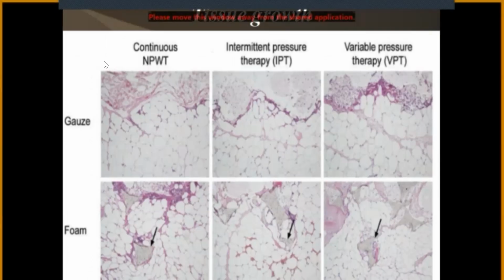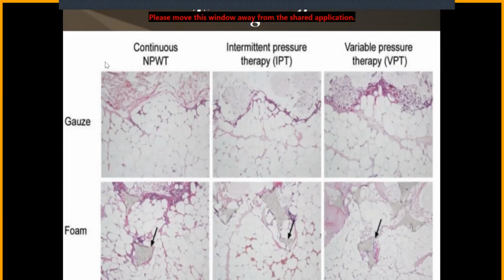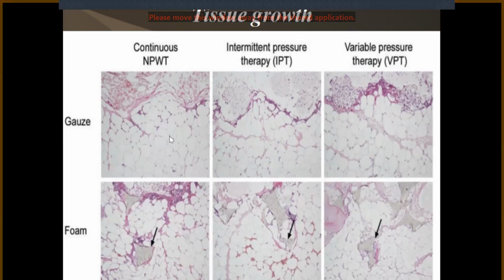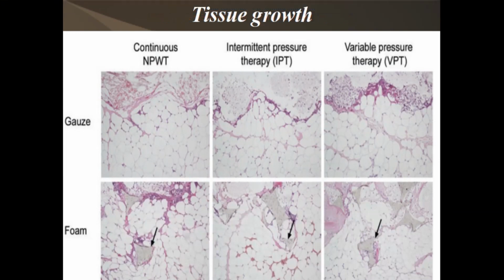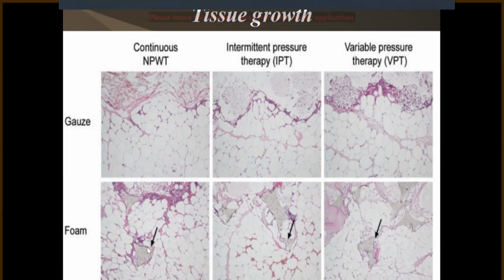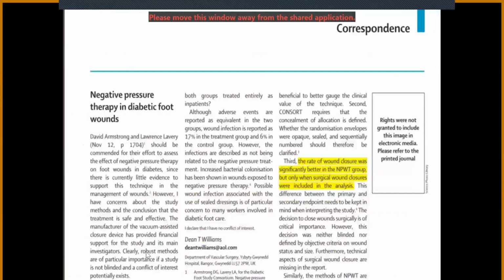This is the histopathology of the base of the ulcer bed, and gauze and foam which is used with the dressing. They took out the ulcer bed and gauze, simultaneously sliced it and examined it under a microscope, and they found that this one foam gave rise to the maximum amount of